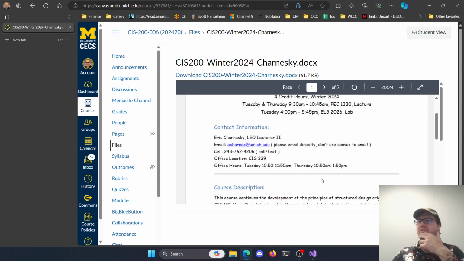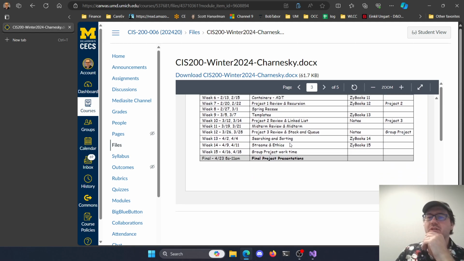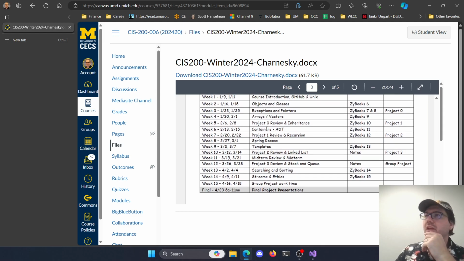Alrighty, well, happy Thursday. We're going to finish up our chapter here on containers, the abstract data types in the standard template library. So there's not too much more for us to look at container-wise, but when we left off